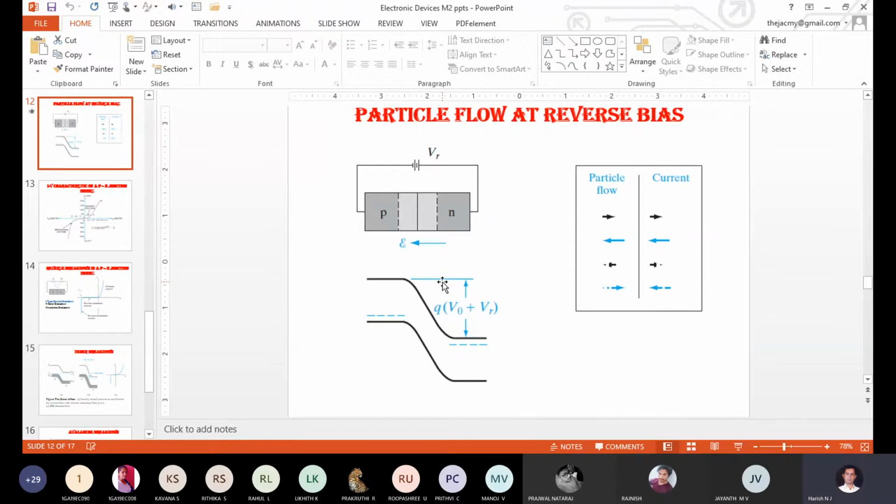Okay, no problem. Now, as per his question, when does the reverse current constitute in the PN junction diode? Fine, I will give the answer for that. When the diode becomes reverse bias, it means we connect the P-type semiconducting material to the negative terminal of the power supply and the N-type semiconducting material to the positive terminal of the power supply. That time, what happens?